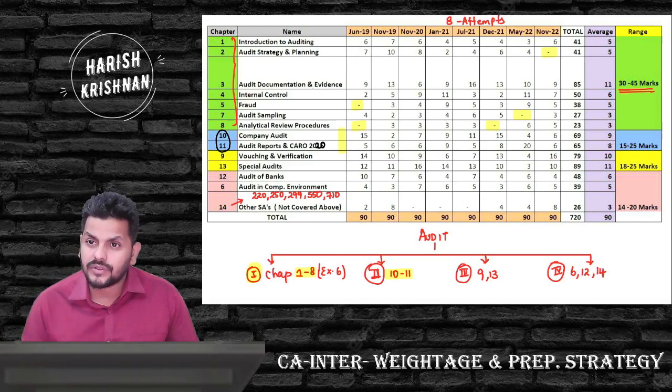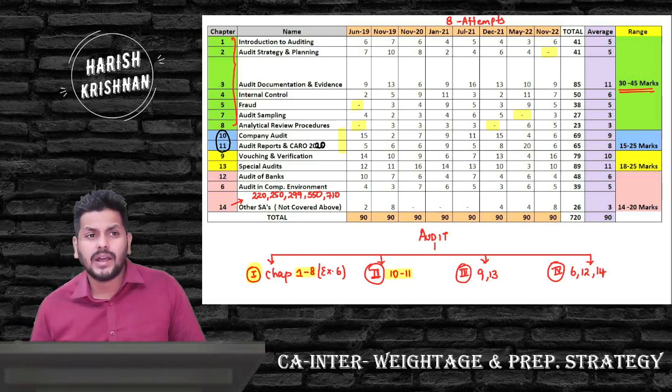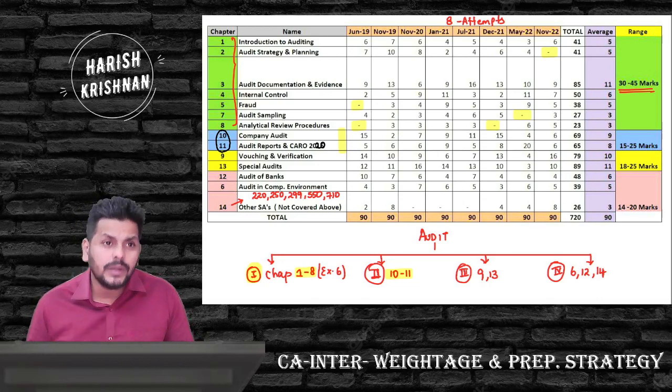This time, since the results have come pretty early, you have all the time, 3 full months of Feb, March and April. And if you're writing only the second group, you have a little time in the first 10 days of May as well. Ignore May, but still you have full 3 months as of when we are doing this video. So I think you should give it a full shot. If somebody is not prepared well, first get your classes done properly. Or if you think your concepts are not clear, always invest in a crash course or a regular course. It doesn't matter. Many people are really worried, how will I finish the syllabus? Then do it, but do it properly.